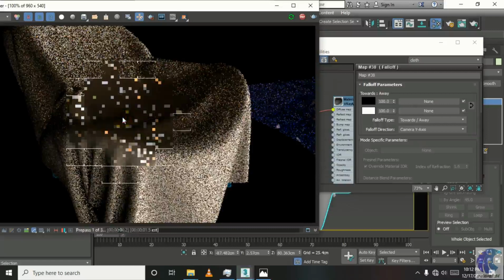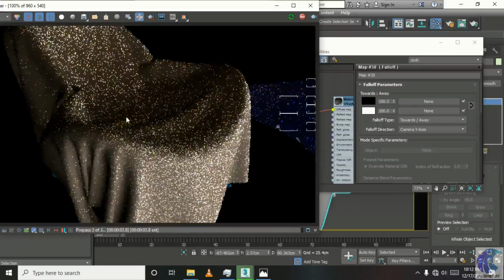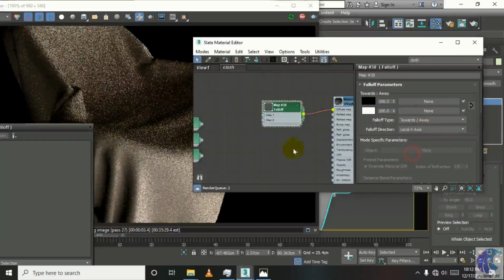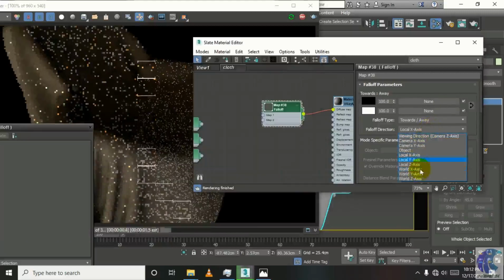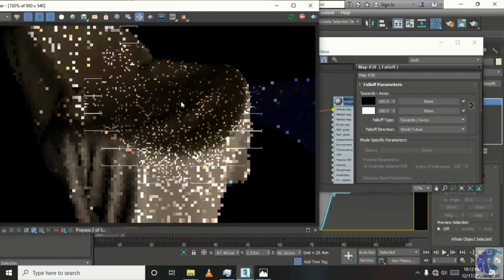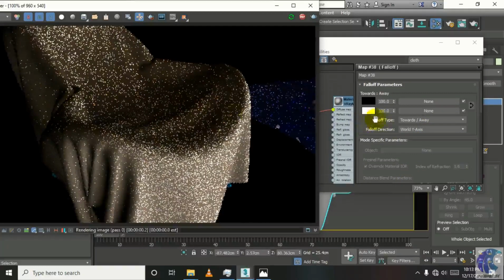Look at this, how by changing the camera, a single falloff direction gives us changed results. So as we change this, we get more and more different results.